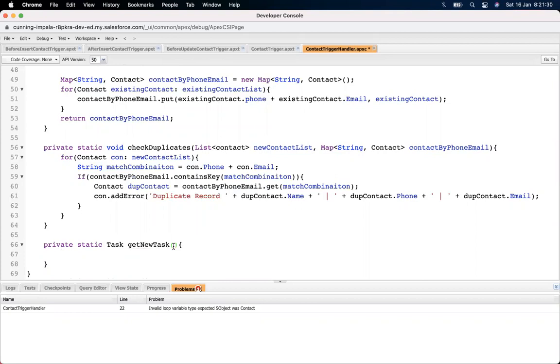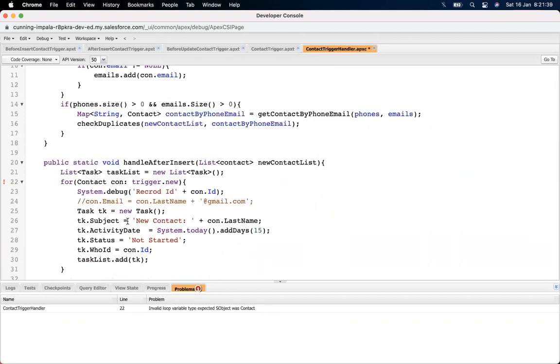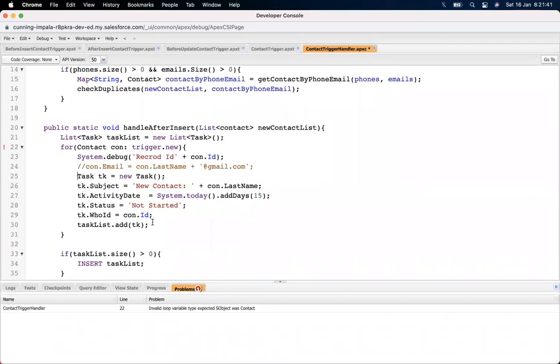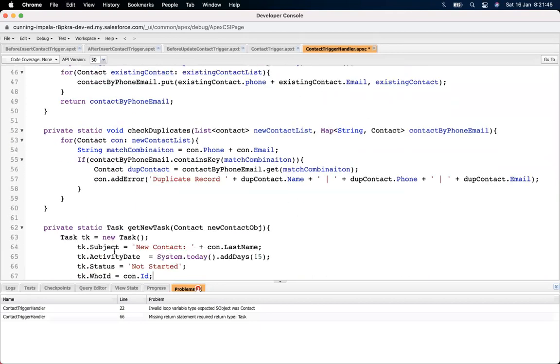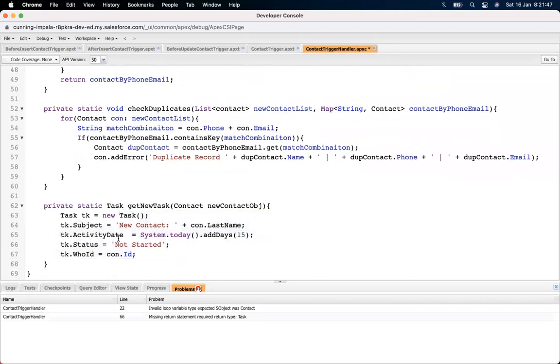And it will take a contact object and return this.